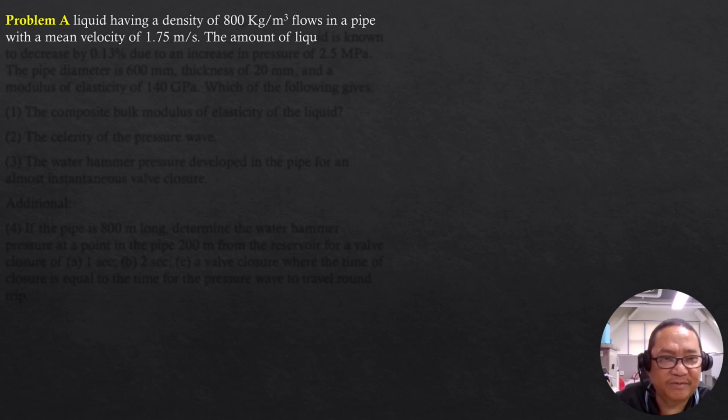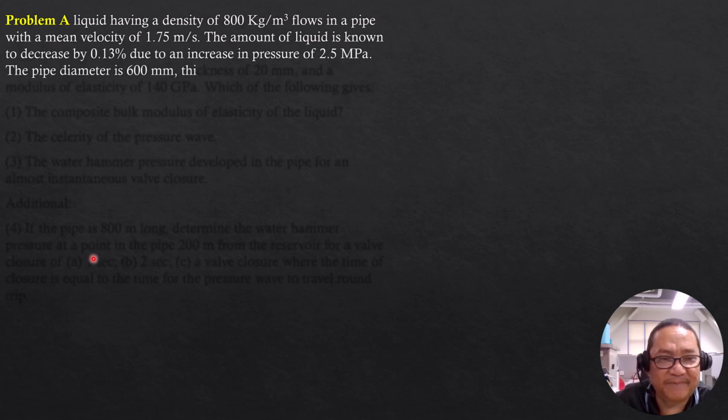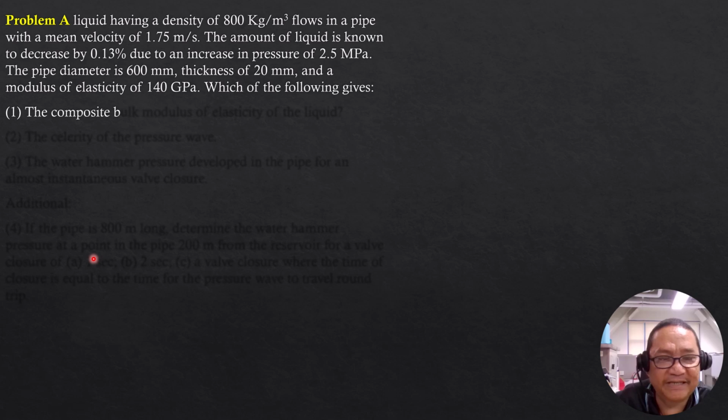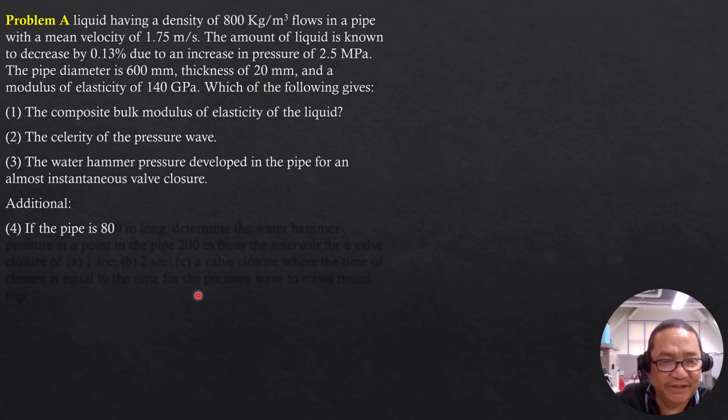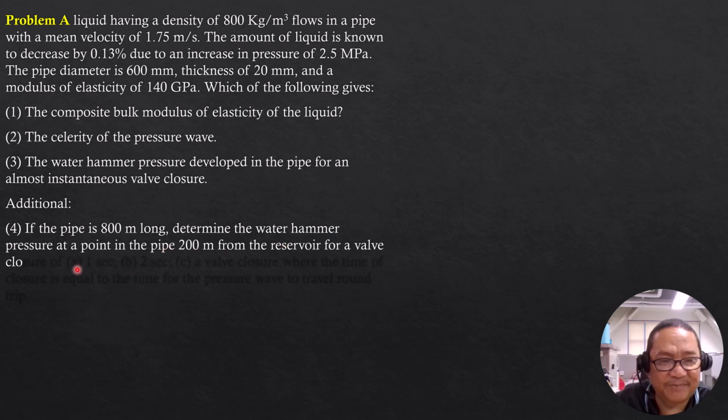We proceed to the additional problem. This problem is not a board exam problem, but it will strengthen your knowledge about water hammer pressure. So if the pipe is 800 meters long, determine the water hammer pressure at a point in the pipe 200 meters from the